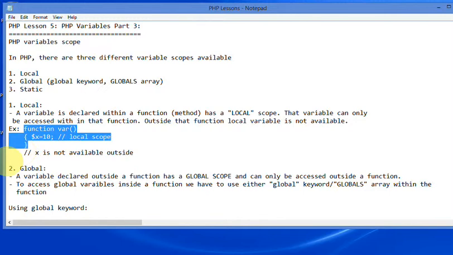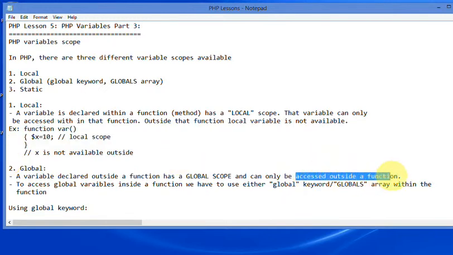And the second one is global scope. Global scope means a variable declared outside a function has a global scope and can only be accessed outside a function. The important point is it is accessed outside a function. That means a global variable cannot be accessed inside a function directly, even though it is declared outside.